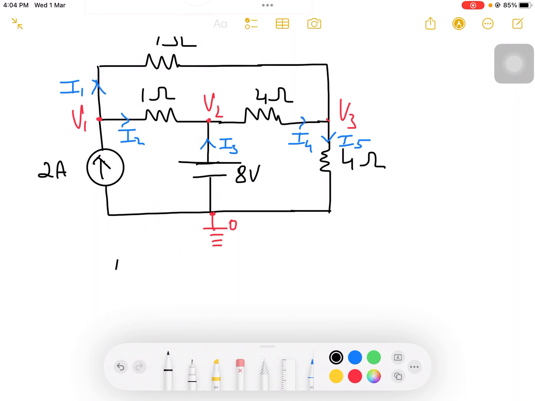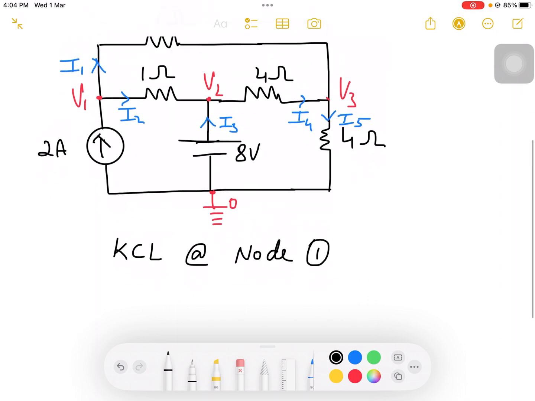Applying KCL: whenever node analysis is given, we make use of KCL. Whenever a mesh analysis is there, we apply KVL. So hence it is a node analysis and it's a super node, I am making use of KCL. KCL at node 3, or I will take node 1. There are 3 nodes. So at node 1,